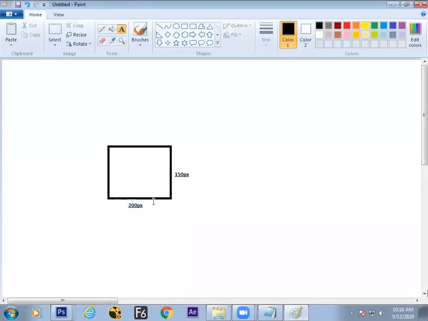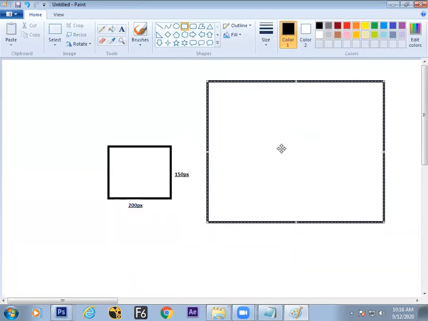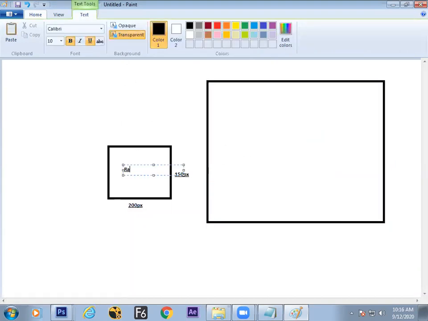So an image with 200 pixels width and 150 pixels height. If I want to scale up, increasing the size of the raster, consider this is a raster image.